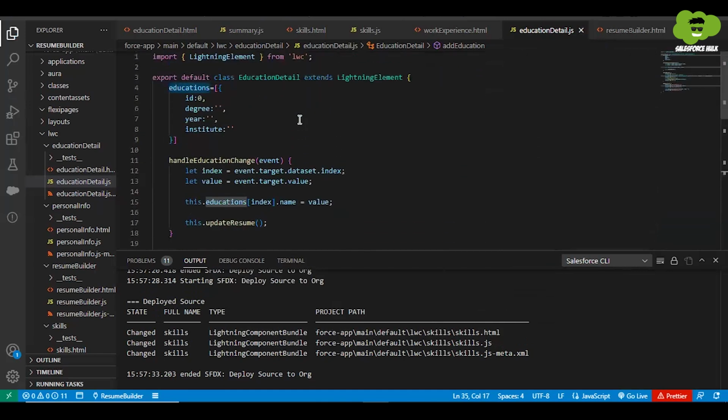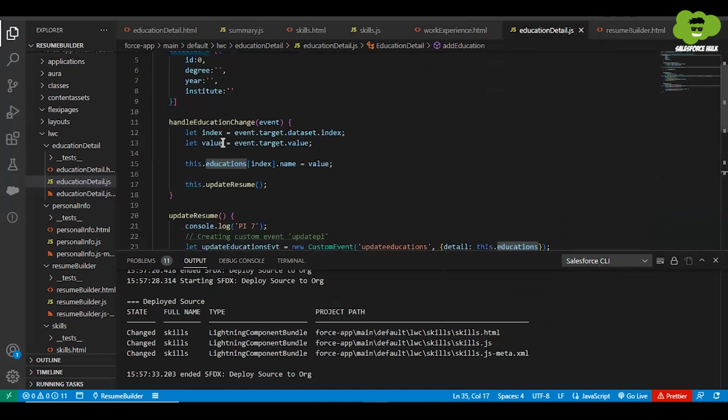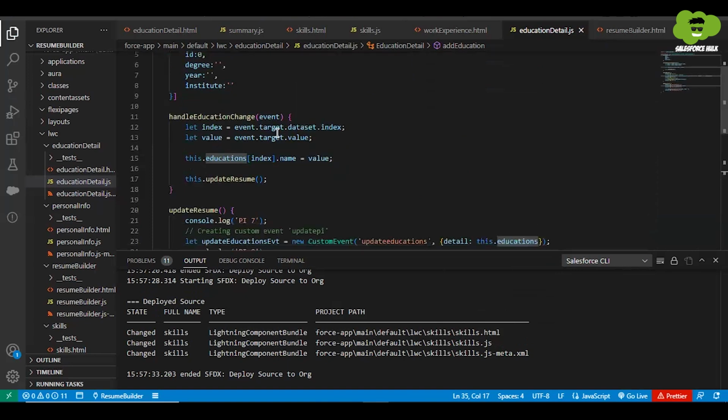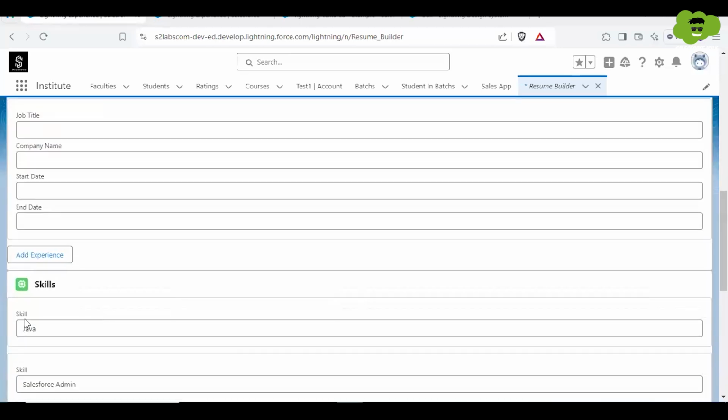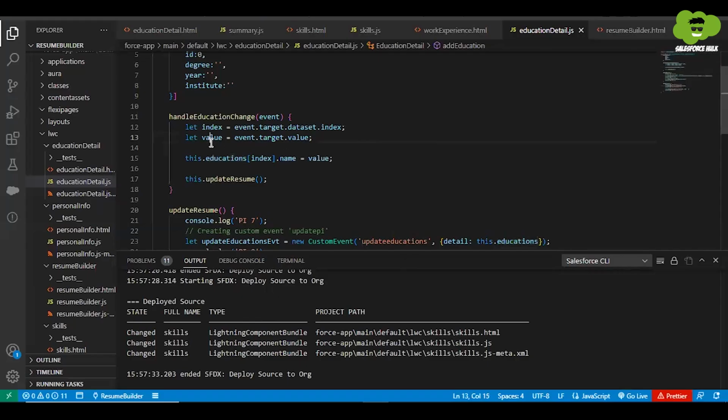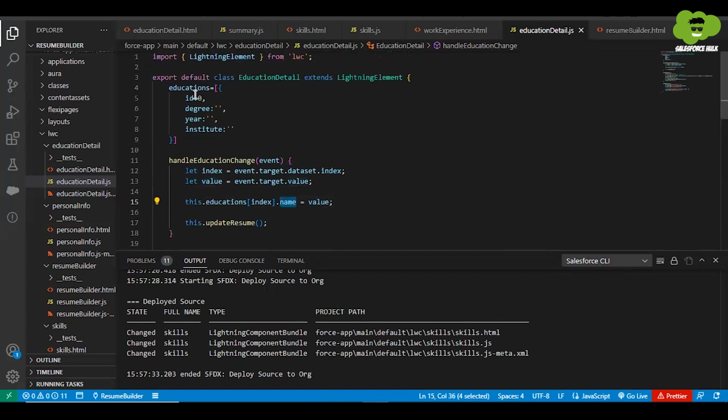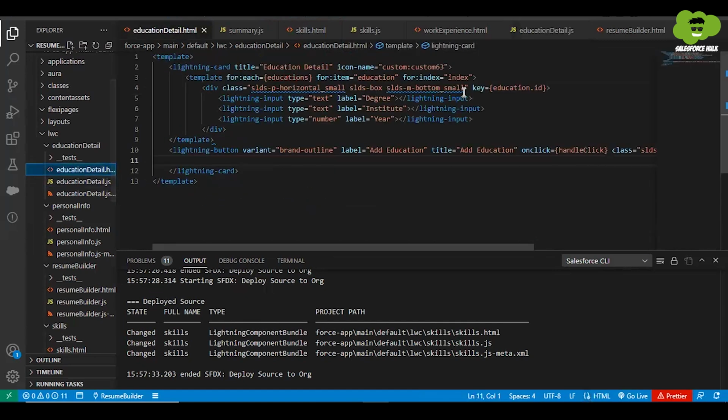So that's done. Now after this, as in the skill section, there was only one input, so we simply got the value and assigned it to the name attribute. But in the case of education, we have multiple items, and from the HTML also we'll be getting multiple items. So first of all, just to identify which item we are getting,